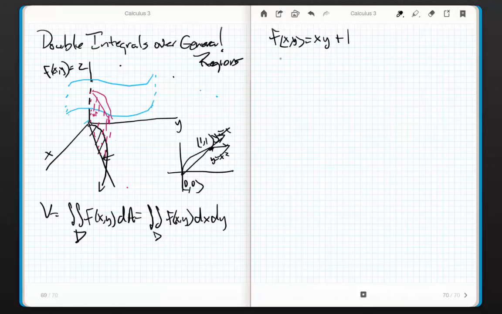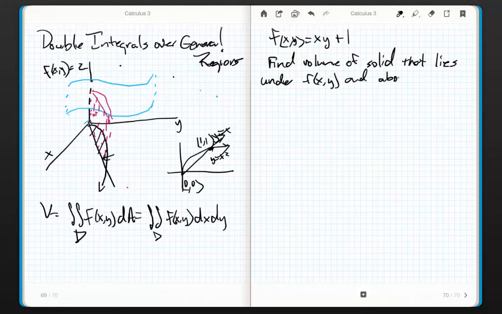And the way in which this is written can be a little bit strange, so what we're going to do is find the volume of the solid that lies under f of x y and above region D, defined by, I'm going to get fancy, the set of x y such that